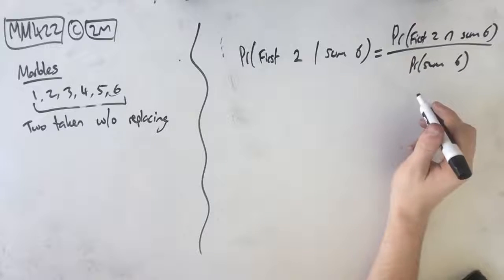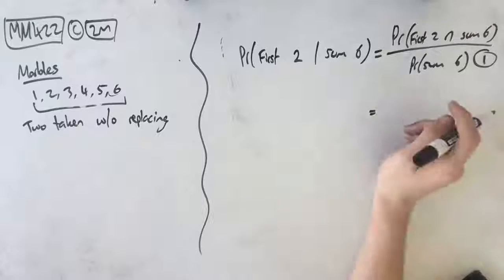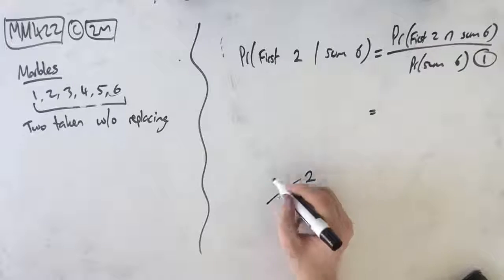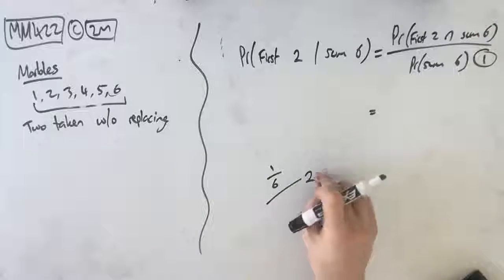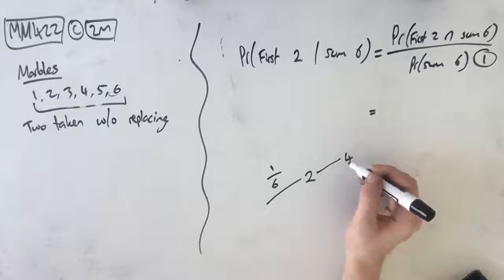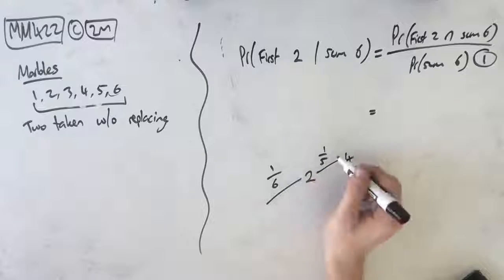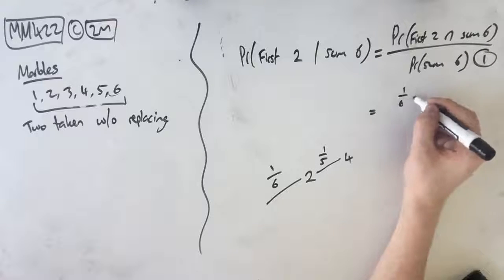Awesome. Now, to find the intersect, this is the first mark here. To find the intersect between the first being a 2 and the sum being a 6, if the first was a 2, that means we've got a 1 in 6 chance for that to happen. Then if we're going to have a sum of 6 after this, the second one has to be a 4, right? There's no other number that it can be to add to a 6. The probability of taking out a 4 after this is 1 in 5, because there was 6 to begin with, we've taken 1 out, so now there's 5. Which means that our probability of this intersect is 1 in 6 times 1 in 5